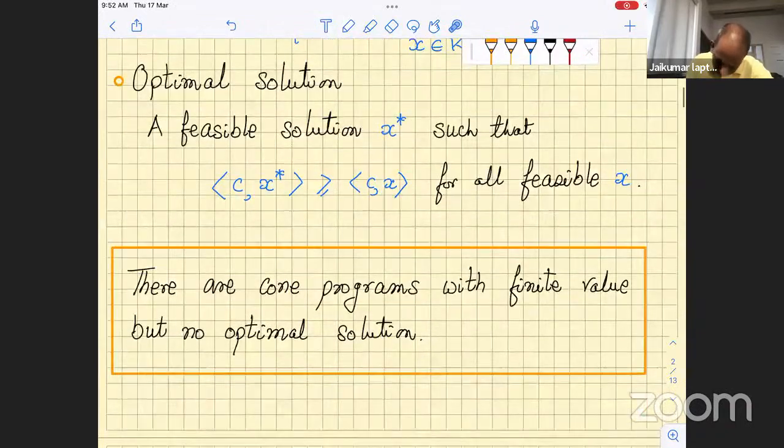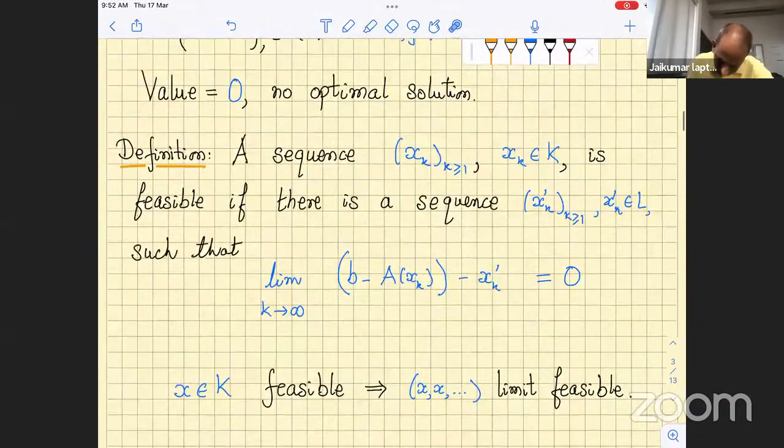So let me just explain how it is said. A sequence, these are points on the left-hand side, inside the left cone. And we say that such a sequence is feasible. Actually, it's probably a wrong thing to say. None of these points are necessarily feasible. This sequence is said to be feasible